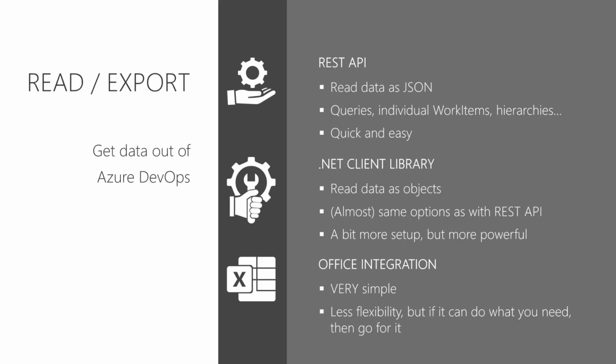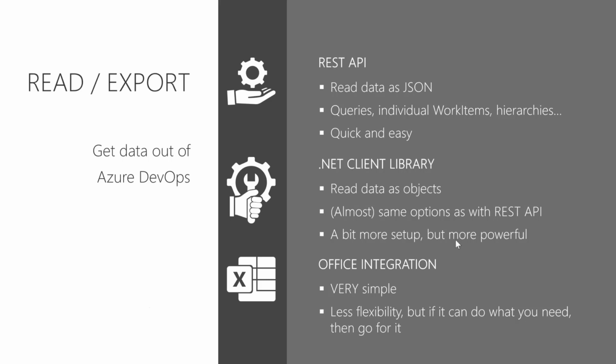And sometimes you might want to use an undocumented API, and I'll also show a sample of that. And that, of course, is only possible through the REST API because there won't be anything in the .NET Client library. And the last thing that I want to show is the Office integration, which is very simple because we don't have any programming language or tools there. We're just going to use Excel, and yeah, that's of course not as flexible. It just does what it does, but if that is what you need, then you can for sure go with it, because that's very easy to handle and set up.